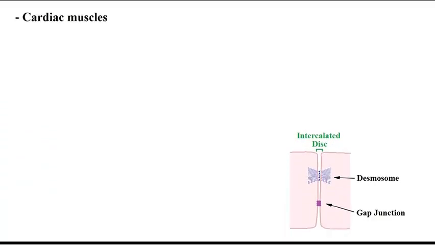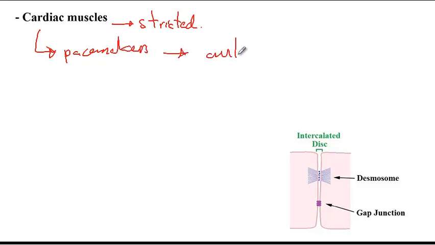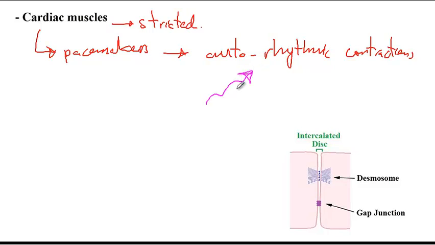And similar to skeletal muscles, cardiac muscles also contain sarcomeres, as a consequence of which they have a striated appearance. And then another difference we just discussed, cardiac muscles contain their own pacemakers, which allow their autorhythmic contractions that can be regulated by the autonomic nervous system. All right, so the autonomic nervous system, like for instance, the SNS increases heart rate, while the PNS, like for instance, the vagus nerve,